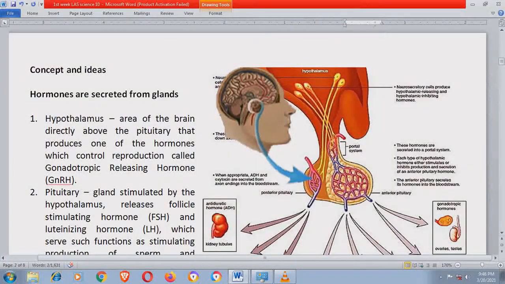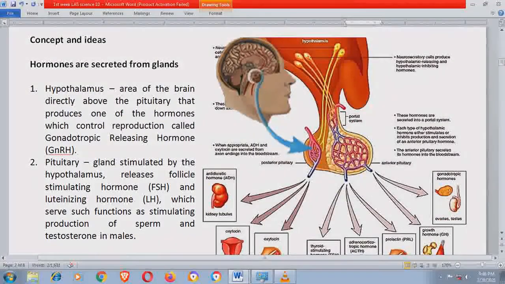Now, moving on, concept and ideas. I have here another picture. Hormones are secreted from glands. Hypothalamus, area of the brain directly above the pituitary, produces one of the hormones which control reproduction, called gonadotropic releasing hormone. Pituitary gland stimulated. Pituitary, a gland stimulated by the hypothalamus, releases follicle stimulating hormone, FSH, and luteinizing hormone, LH, which serve such function as stimulating production of sperm and